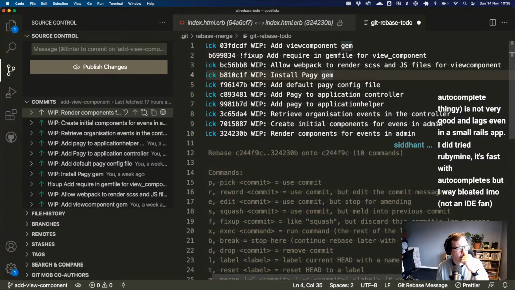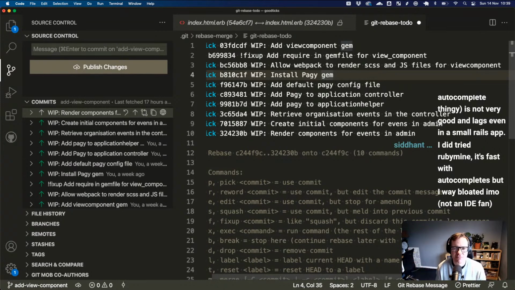There's one that uses Solargraph or something like that, and I ended up turning them off because they kept pegging my CPU really high and grinding VS Code to a halt. But whatever I use now, I don't know if it's the default one or if I have an extension installed, it's pretty basic. I think you get autocomplete over anything that's in any open tab. It doesn't try and index the entire code base.